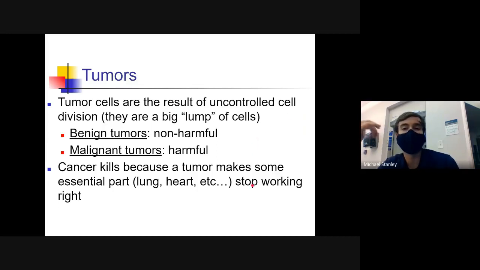So maybe the lungs, or maybe the heart, or maybe the brain. As the tumors grow bigger, they put a lot of stress on that organ, and finally, they could eventually cause that organ to stop working. Most of the organs in our body, we need them in order to survive. And so if tumors grow big enough and they shut down those organs,